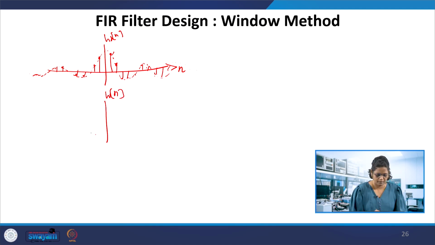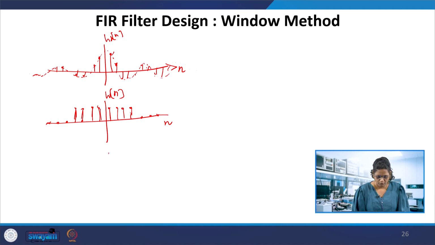And here we have, supposing we choose this window function with a number of coefficients and then it becomes 0. Suppose a rectangular window. This is the window function, and if we multiply the two, what do we get here